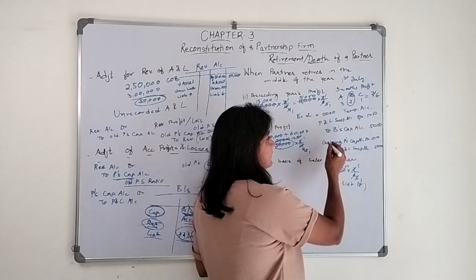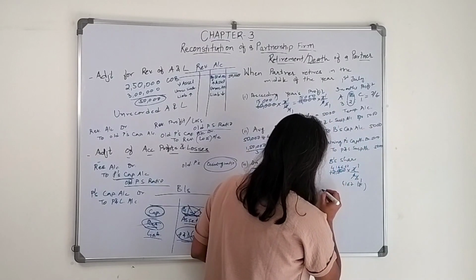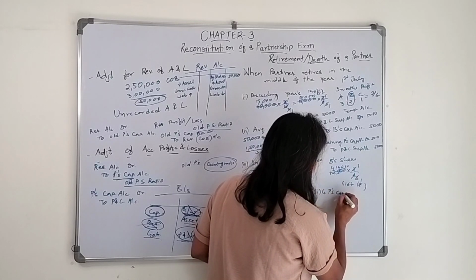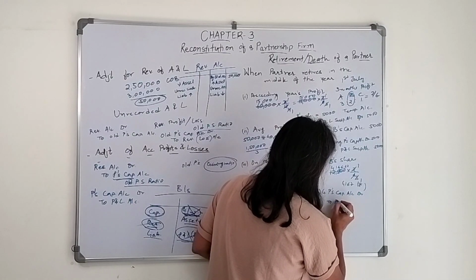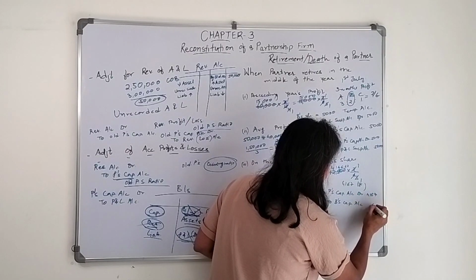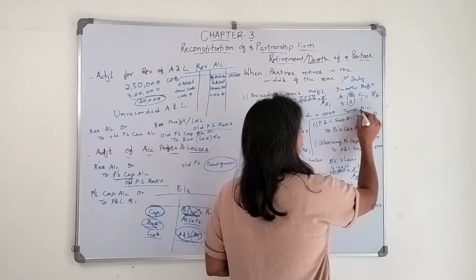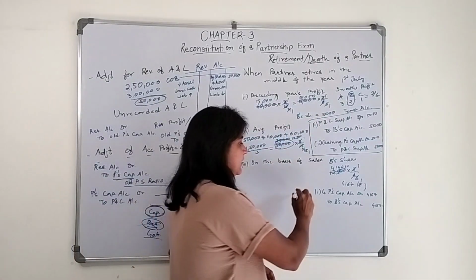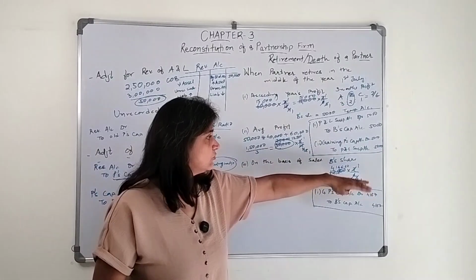Or else, instead of passing 2 journal entries, we can directly give the effect: gaining partners' capital account debit to B's capital account, 4,167. Either we can pass these 2 entries, opening a temporary account, profit and loss suspense account, or else we can give a single effect. This could be the situation.